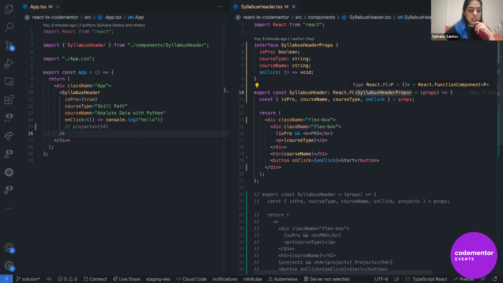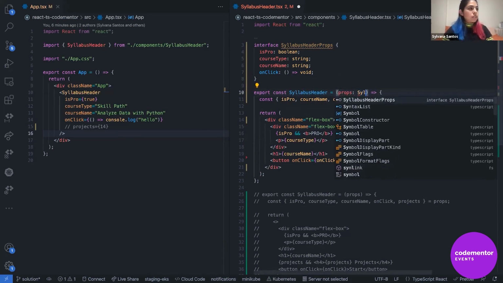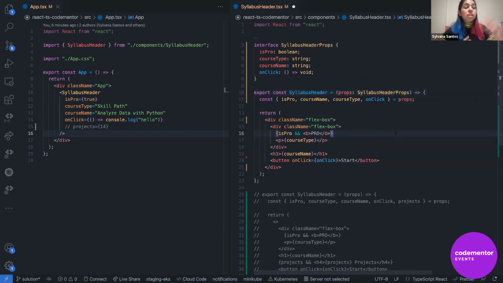If this was a regular component, if we didn't have React.FC, one thing that we could do is this. We could do SyllabusHeaderProps, right? So this would be perfectly fine, right? You could do this, and this is just saying SyllabusHeader is a function. It's going to return some HTML. It's going to return a React node, and the props have this shape, right? So I think that's what you're asking, right? Like, why can't we do this? This is totally fine. But